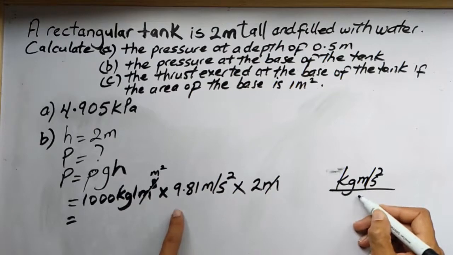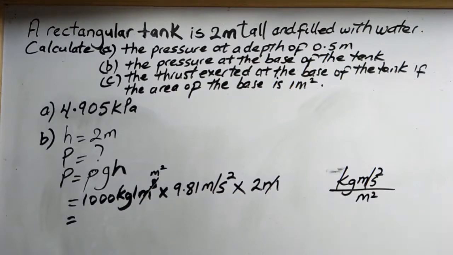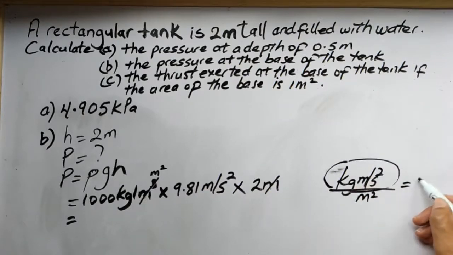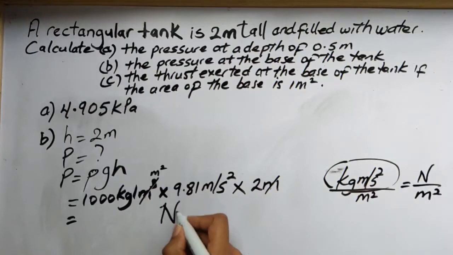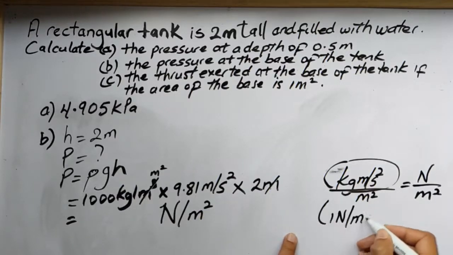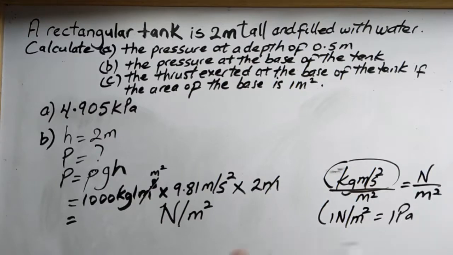on meter squared. Yeah, we recognize this as the Newton per meter squared, so Newton per meter squared, and we know that 1 Newton per meter squared is again 1 Pascal, so we'll have an answer in pascals as well. Right, so let's look at that. 1000 times 9.81 times 2. So we'll have an answer here of